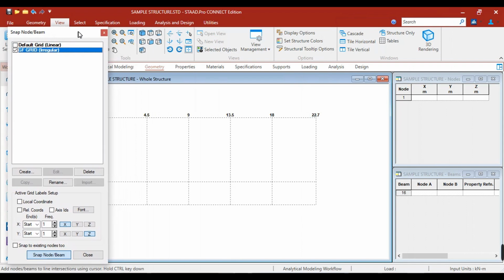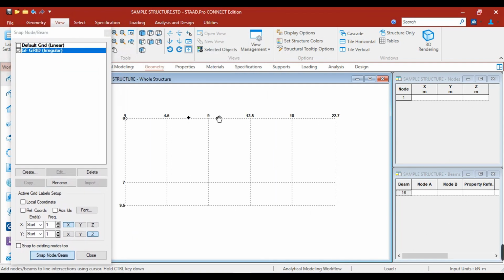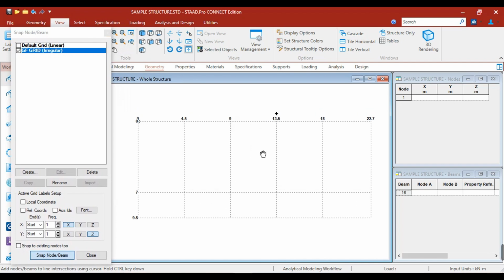I'll just put this floating window for grid lines at the left side, so that we can see the nodes and the beams at the right side. If we want to create a beam out of this grid line, make sure that the snap node or beam is on. How can you know that it is on? When it is highlighted in blue.